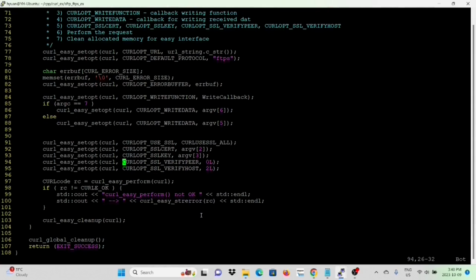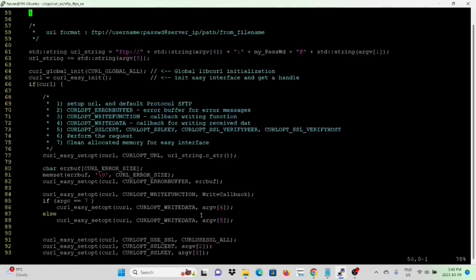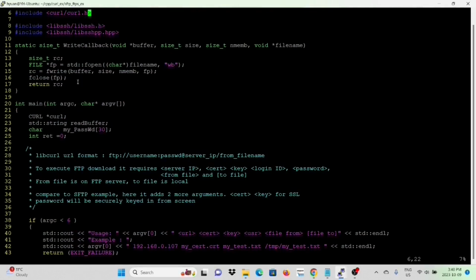For the callback writing function, we name it write callback. It takes 4 parameters: pointer for the data, size of block, number of blocks, and the file name to write to. This callback function writes the downloaded data to our local file. We simply open a file with fwrite and write the buffer to the file. We save this program and go to the next program,